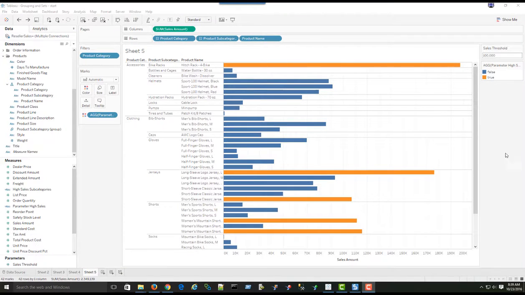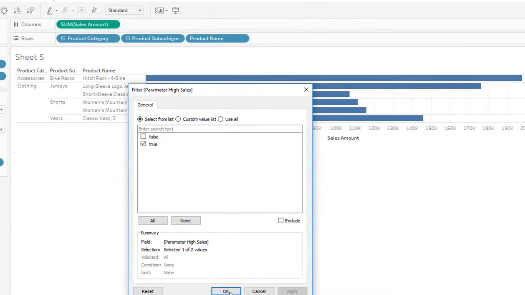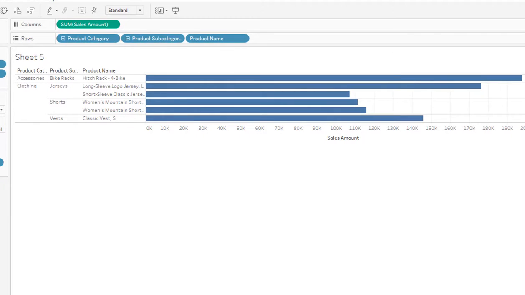But what if I only wanted to show the items that are true? So I only want to show, in this case, everything that's over $100,000 in sales. Right now I'm seeing the ones that are under and they have a different color, but if I drag this parameter high sales into filters and I say I want only the ones that meet the true condition, apply. So now I'm only seeing product sales over